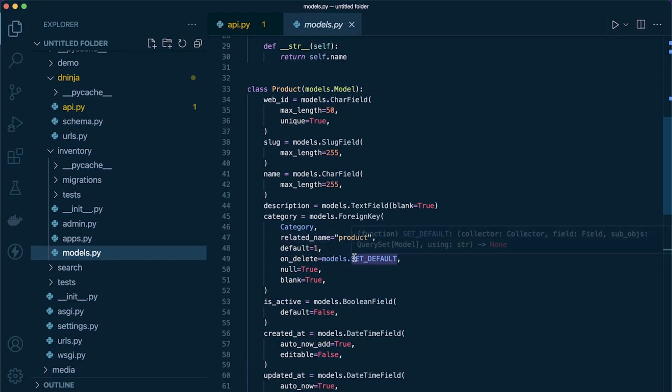Now notice here there is a set default that's been defined. So if, for example, the category is deleted in the category table, it's going to set the default to category number 1 in the product table. Right, so let's go back into